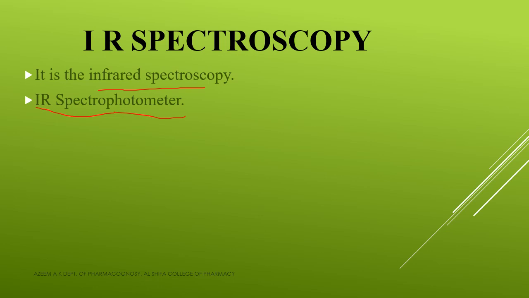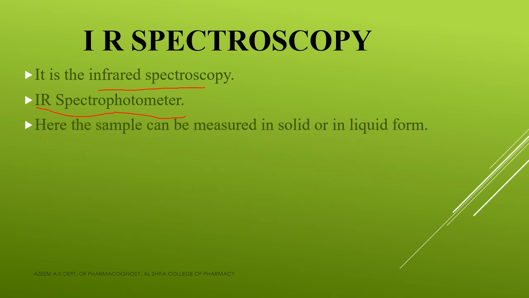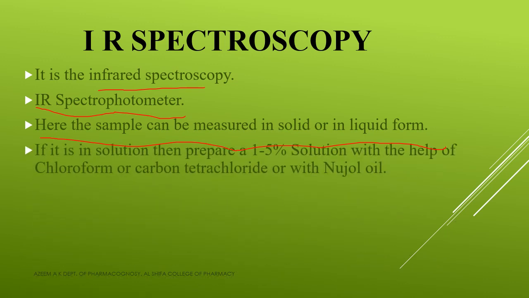So here the instrument used is an IR spectrophotometer. Clear? So here the sample can be measured in solid or in the liquid form. In IR spectroscopy, the sample can be measured either in solid or in the liquid form. And if it is in the liquid medium, then prepare a 1 to 5% solution with